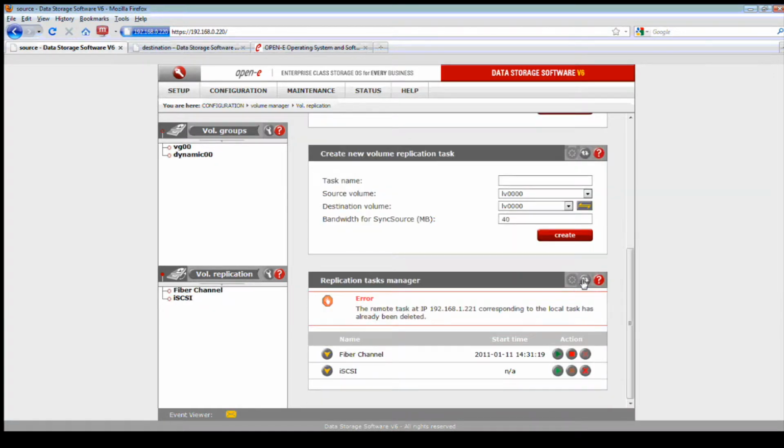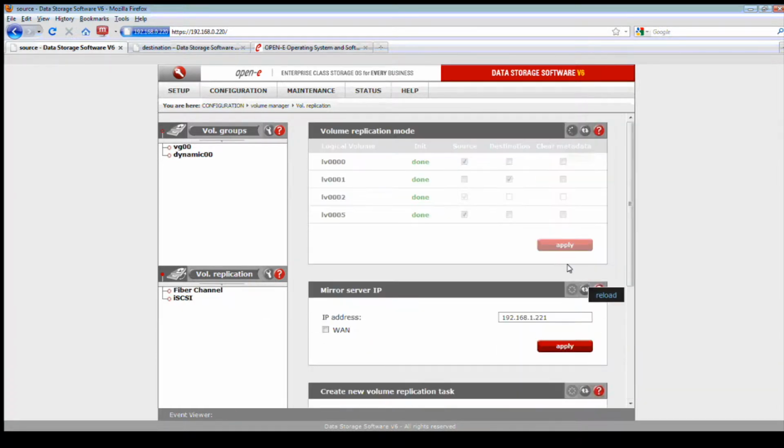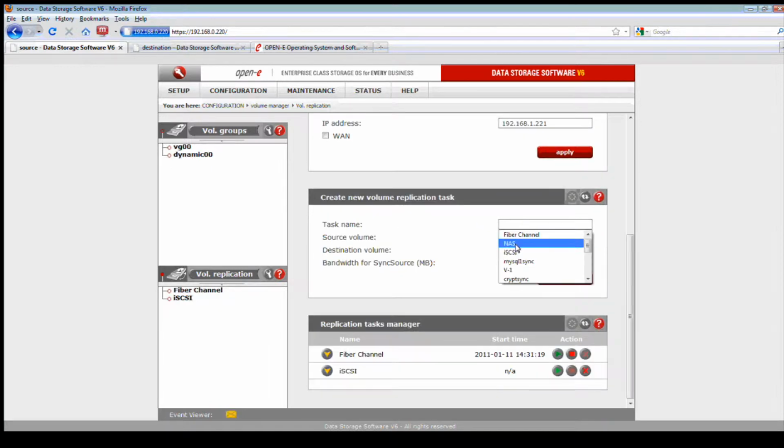And we'll start a new task back over to the source. Remote task, there we go, corresponding to the logical task has already been deleted.